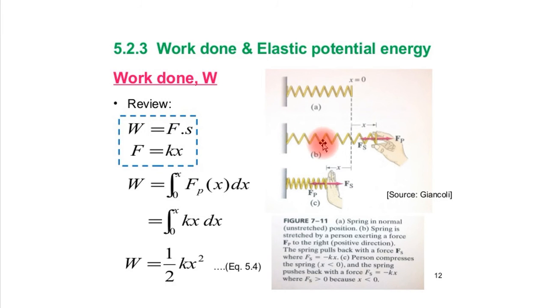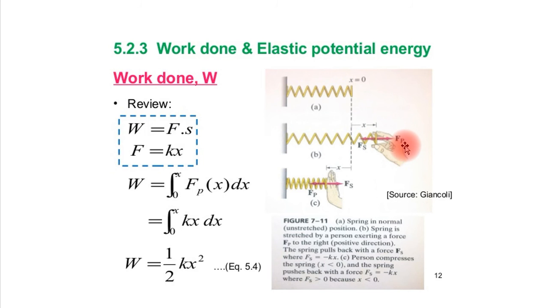This is the rigid support, this is the spring, and the spring is elongated. This spring is elongated by hand through a distance x. When the spring is extended along this direction, the direction of x, the force developed within the spring will be along this direction. This is the direction of the force applied by the hand, and this is the direction of the force applied on the hand by the spring, that is Fs.